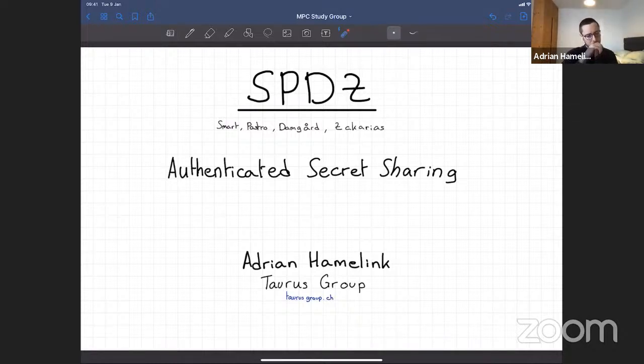I'm going to be presenting the SPDZ protocol, or SPEEDS, as it's often referred to, which is a framework introduced by Nigel Smart, Pastro, Damgård, and Zakarias in 2011. The idea is it extends classic additive secret sharing with message authentication codes. It's a general purpose MPC engine and allows you to evaluate any arithmetic function using secret inputs from participants. And the nice thing is it works even with a dishonest majority. We're going to be going over this paper and the different components, so I'll give a high-level overview of